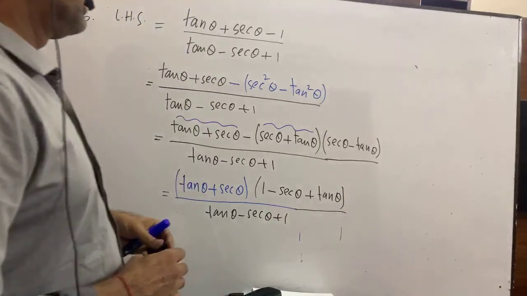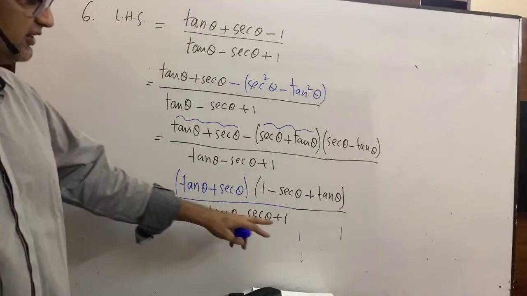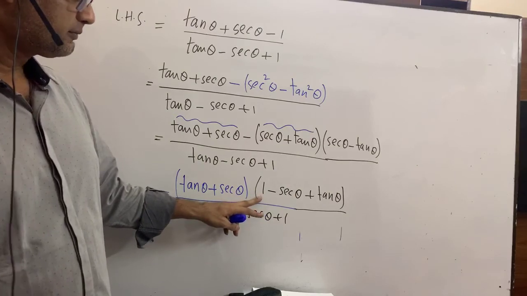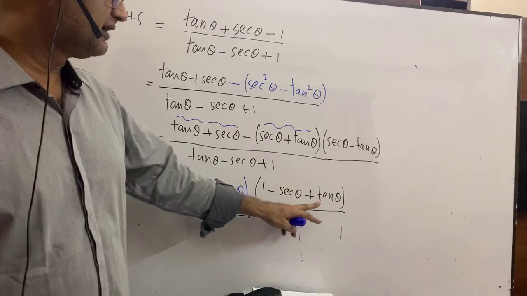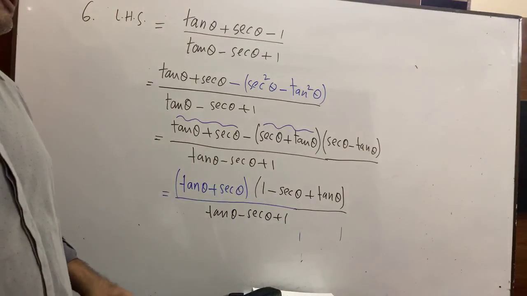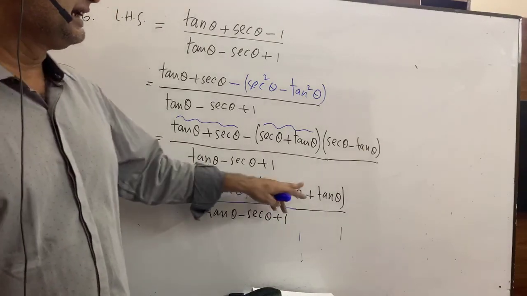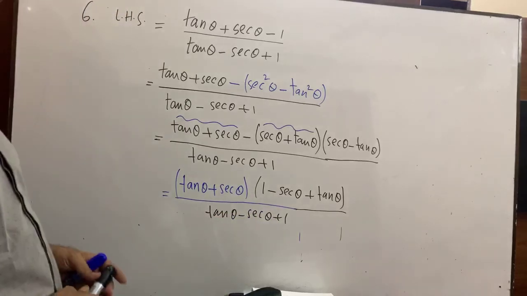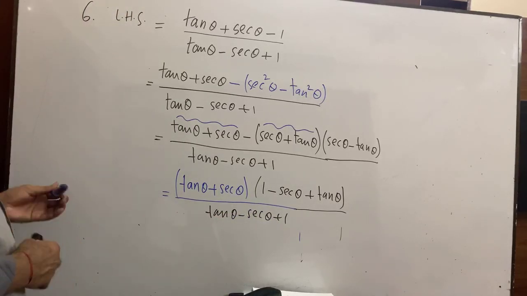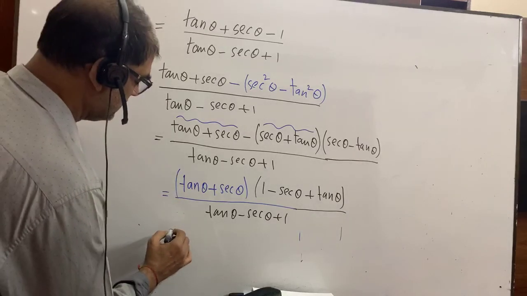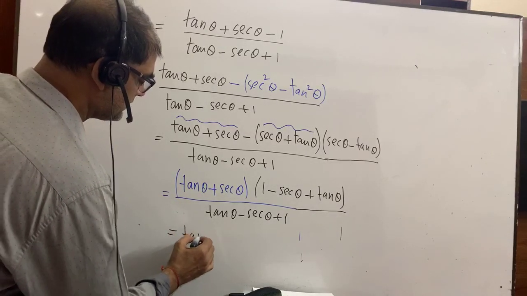Dear students, you please see, this is 1, this is 1. Minus sec theta, this is minus sec theta. This is plus tan theta, this is plus tan theta. What do we conclude? That this and this are the same. So we can cancel them from the numerator and denominator. So we are left with only tan theta plus